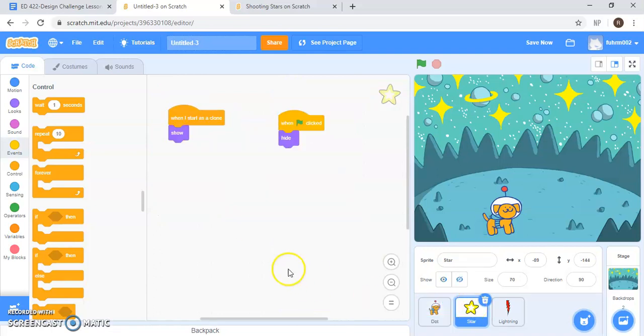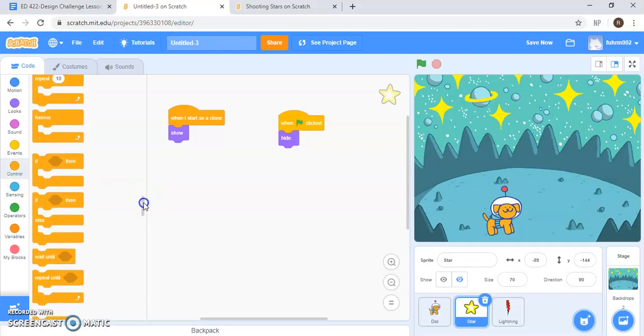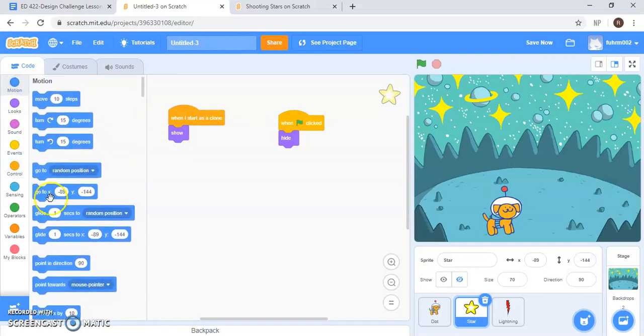Now we're going to go to the star and code it. Go back to control, and at the bottom of control, it looks like I already have it up on the screen. Yes, so you're going to go to when I start as clone. I want to make sure this sprite is shown. Then we're going to go to motion and say go to not random position, but go to dot. So that's the way the star always is going to be on the screen where dot is,